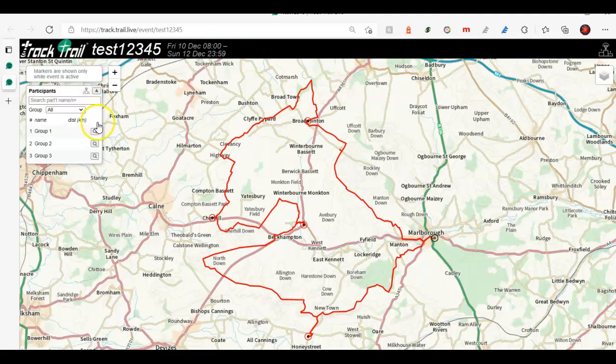Here's your participants bar. You will see all of the trackers that are assigned along with the names that you gave them on here. You can search, if you have a particularly long list, you can search for them on there. From groups, you can choose to show or hide individual trackers or groups of trackers on the menu. Once the trackers have started tracking, this message will be replaced,